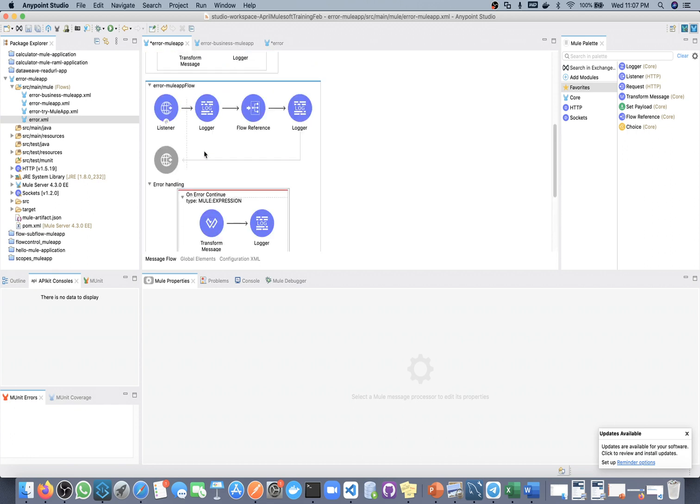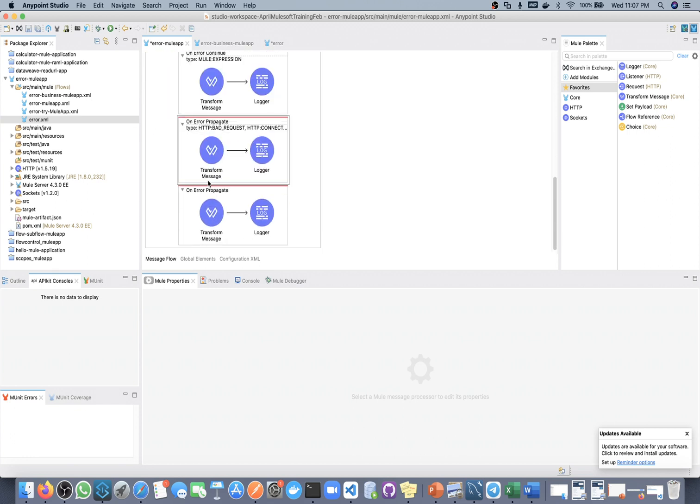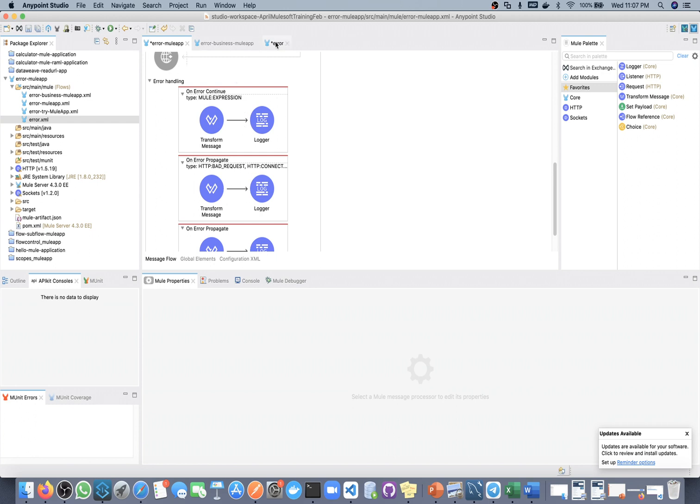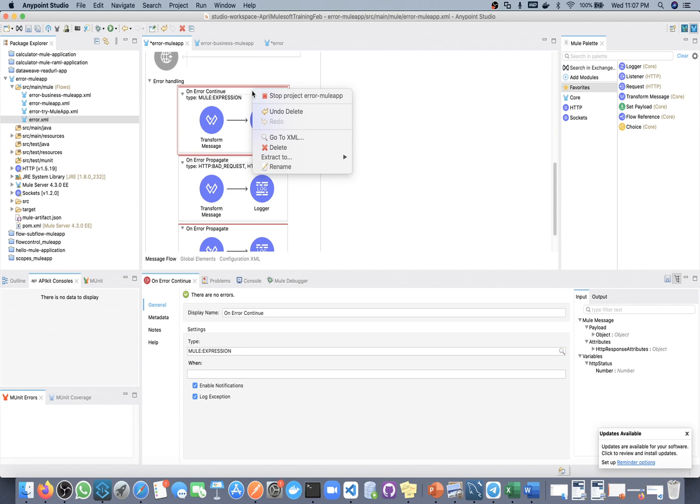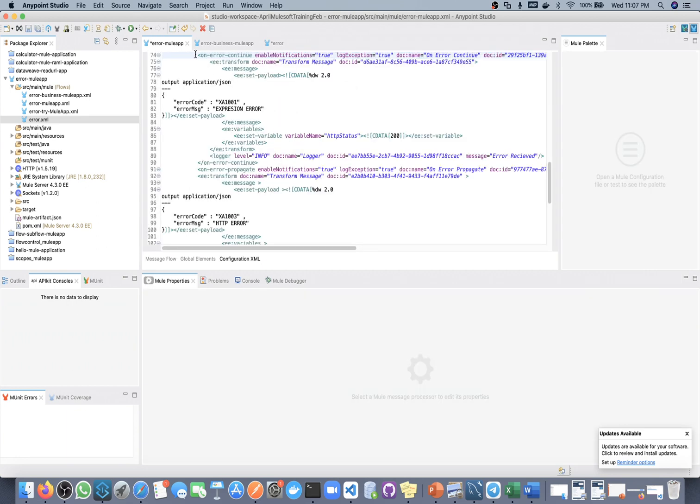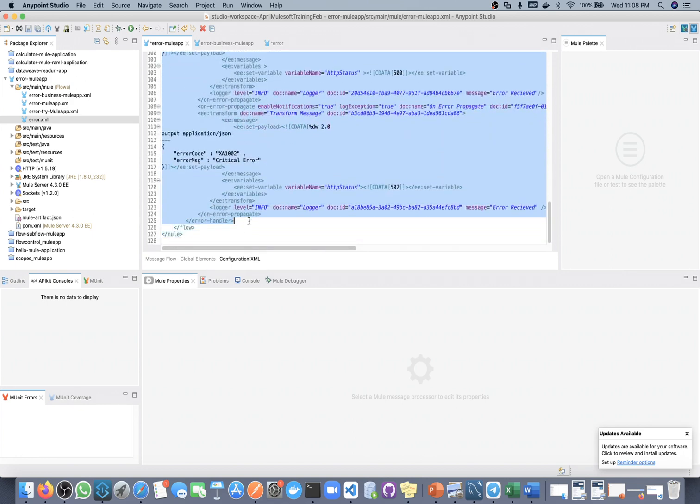Whatever error handlers we have here, instead of defining them here, I will move them to this error handler. So how will we do it? Let's copy from here: this first one, this second one and third one. I am taking all.